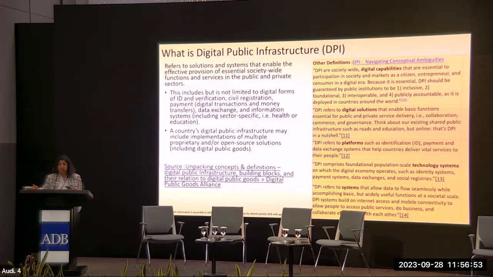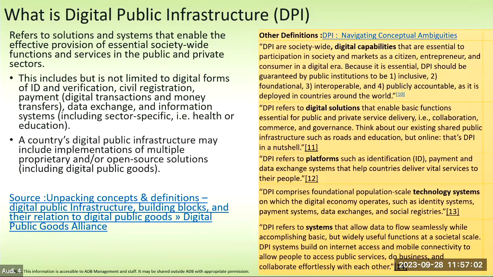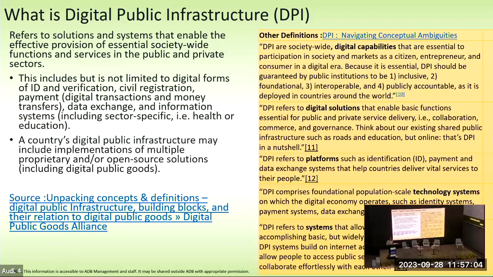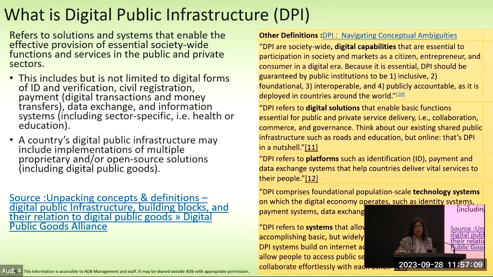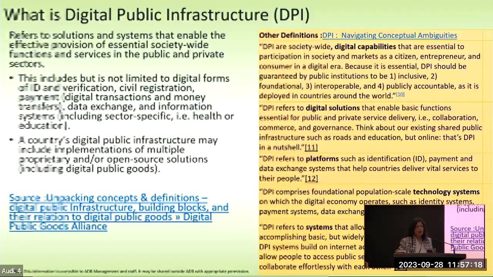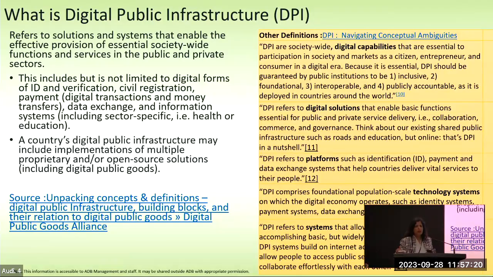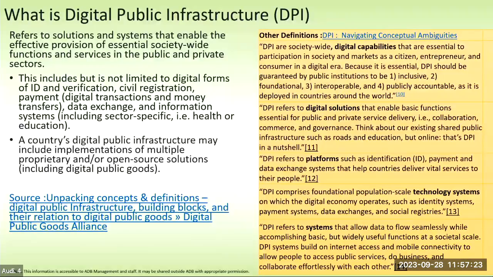Some extend this to include social registries, some include other registries. So these are considered as digital public infrastructure, which provide essential society-wide functions and services in the public and private sectors. So you can look at each of these definitions and interpret which one you like best and which resonates with you. But moving forward, you will see there is consensus on the role of,